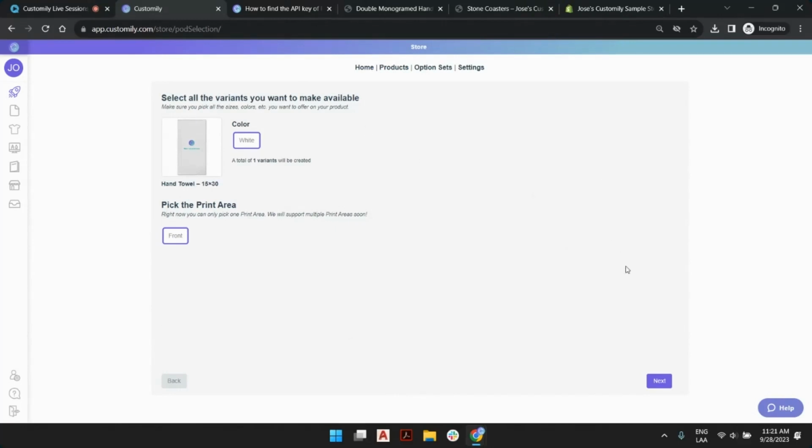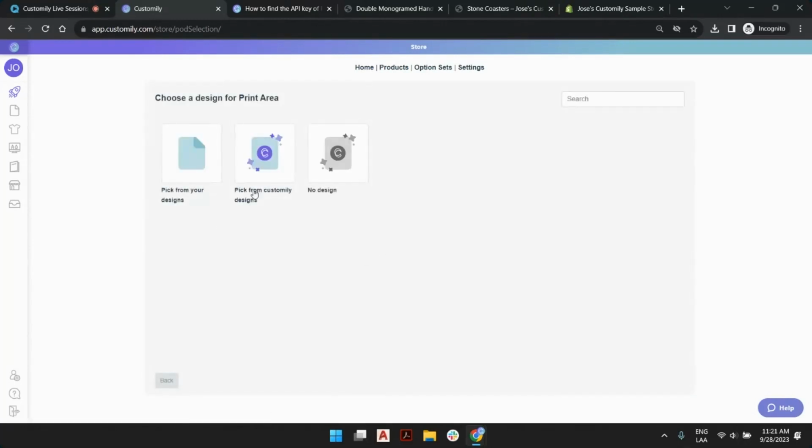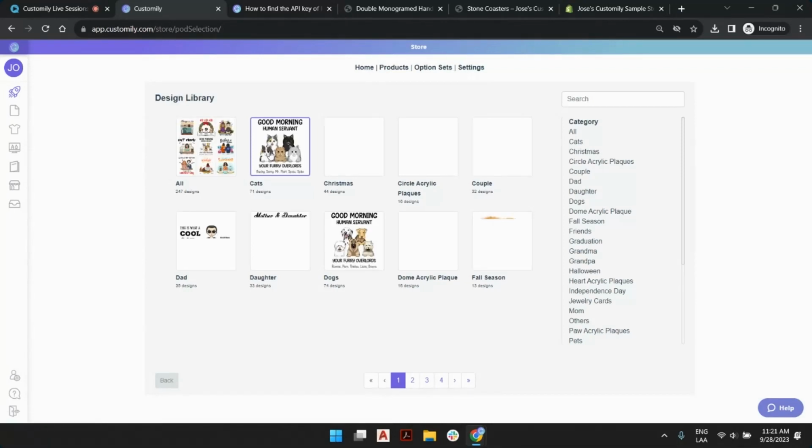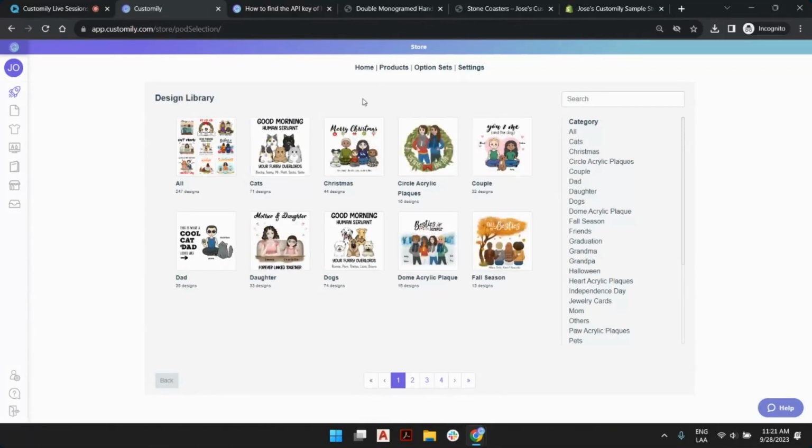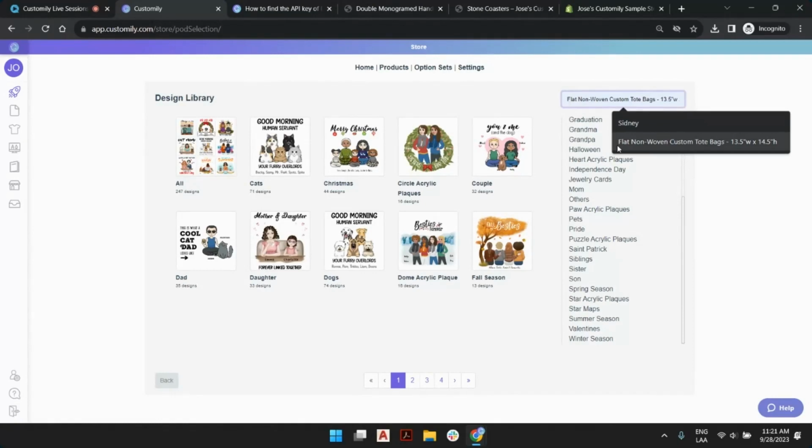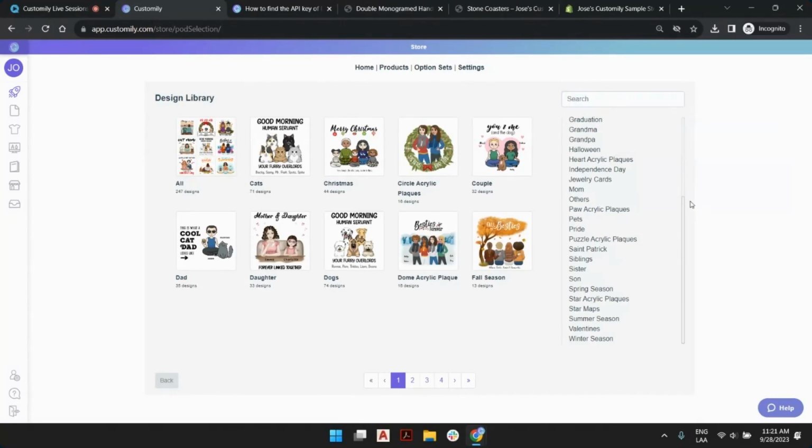So when I'm ready with the variants, I click next, and here I get to pick my design. If I have been creating designs, I can find them in my design collection. But if not, I can always use Customily designs. And you see here we have almost 250 designs made by our illustration team. And you can browse through the different categories in the all categories here, or find them in here, as well as searching by keywords. And you will see that we have a lot of theme related or chapter related designs,